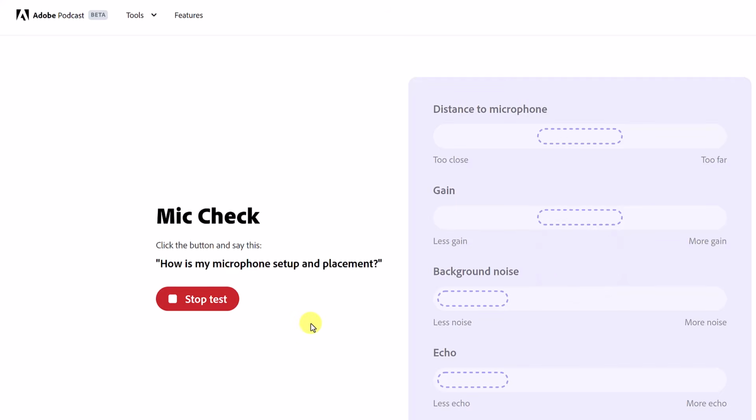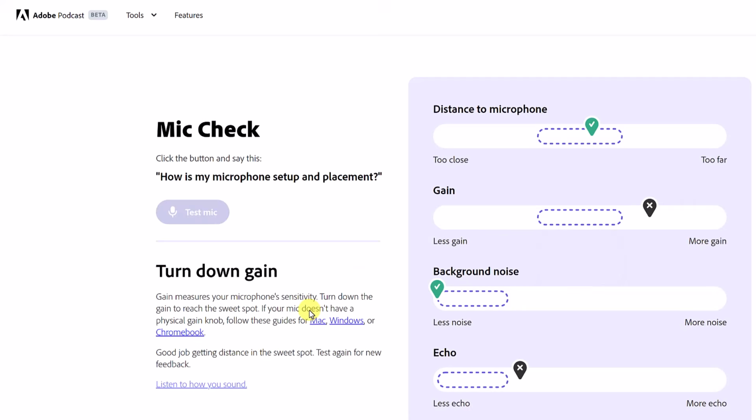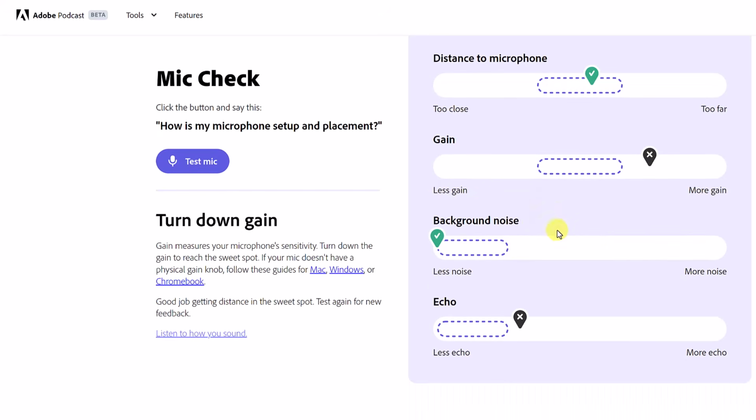How is my microphone set up and placement? Then it will show me what's working and what's not. Distance to the microphone looks good. The gain, if we want to see what gain is, so gain measures your microphone sensitivity. Now I could make an adjustment to that. Even if you're using Mac, Windows, or Chromebook, they have different guides here. I would adjust these things and try to test my mic again. Let's move over to